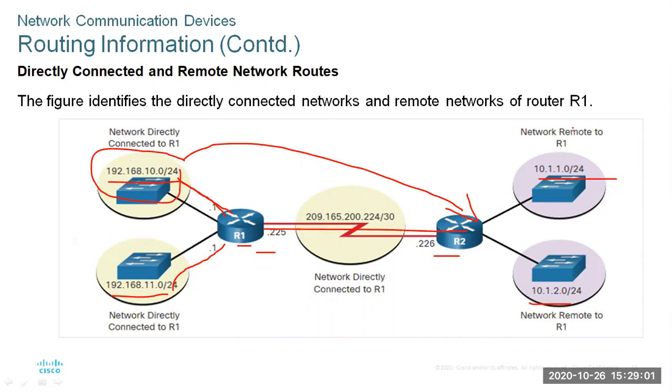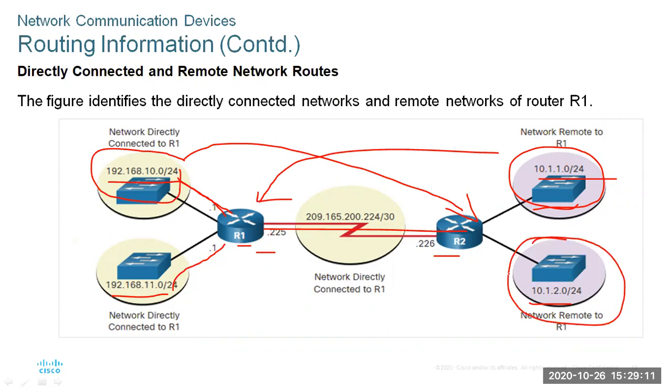All right, so you see, network remote to router 1. So this network here is remote to router 1. This one here is directly connected to router 2, but is remote to what? Router 1. So it is the same issue that you have in router 1. Okay, so